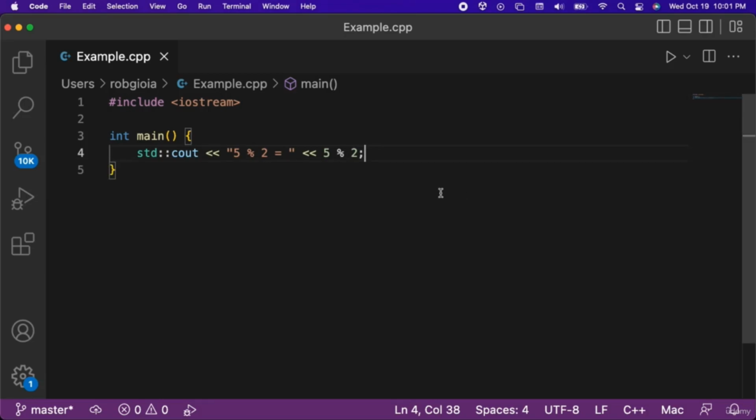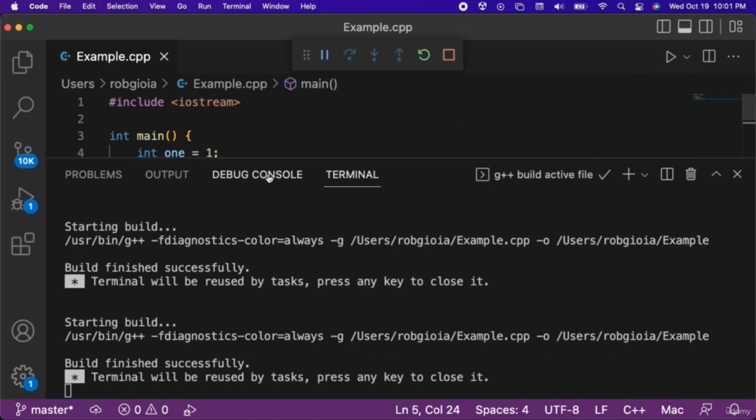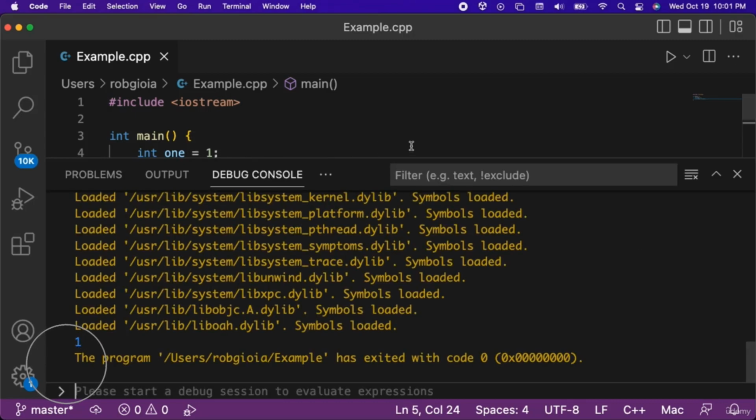Let's take a look at another arithmetic operator in C++, the increment operator. First, we will create an integer variable named i that we assign a value of 1. Then we will output the result of i++ to the console. The ++ operator is the increment operator and will increase the value of a variable by 1. However, when we run the code, notice that 1 was output. Why is this? We utilized the postfix increment operator, so the addition happens after the number is output to the